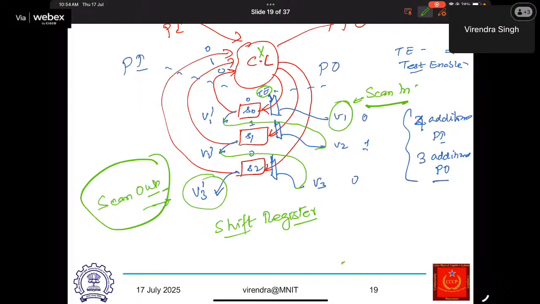So my test time will increase, but I don't need any, say, sequential ATPG or sequential test generator. This kind of augmentation of the circuit for the purpose of making testability better, we call as design for test. DFT, not a discrete Fourier transform. It's design for test,